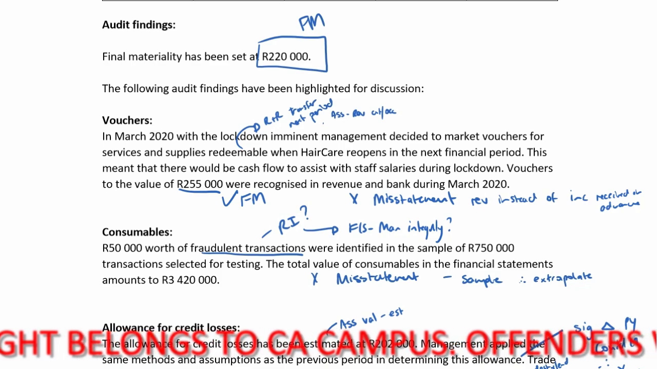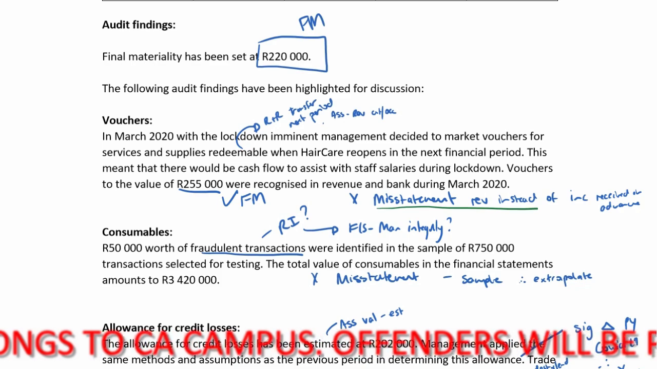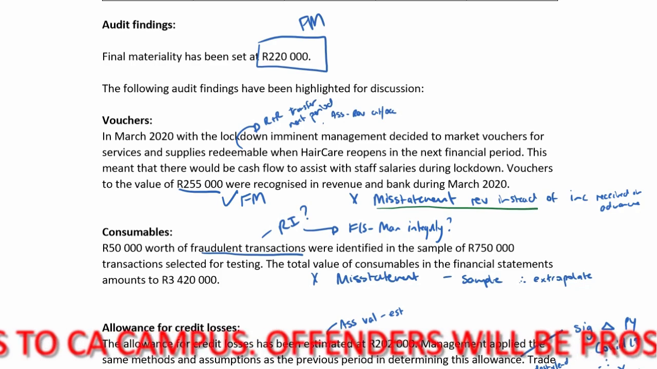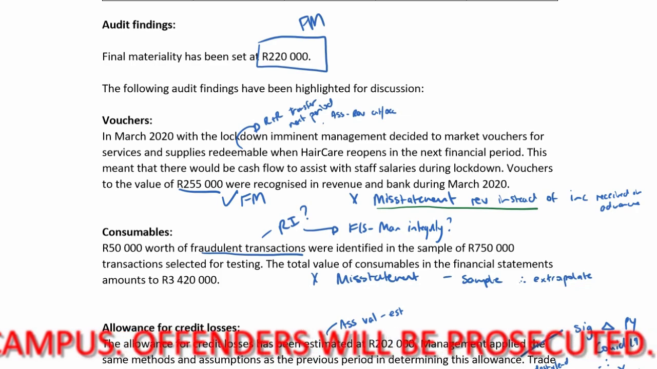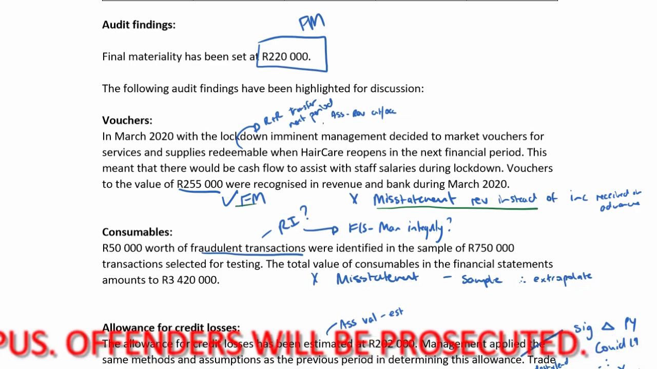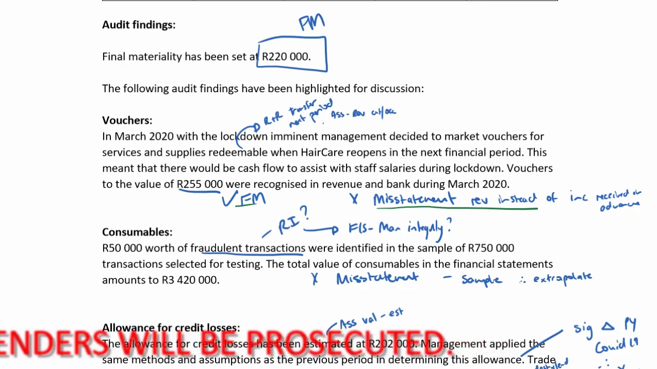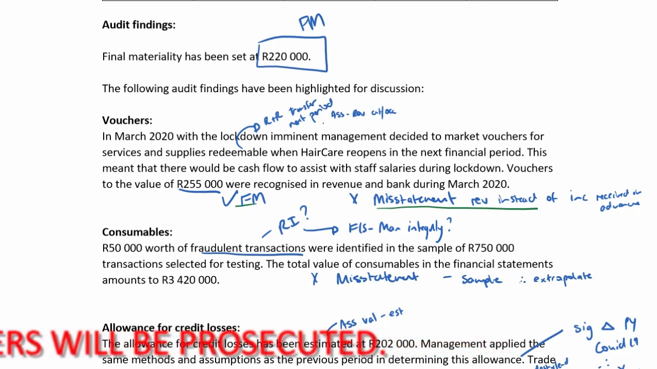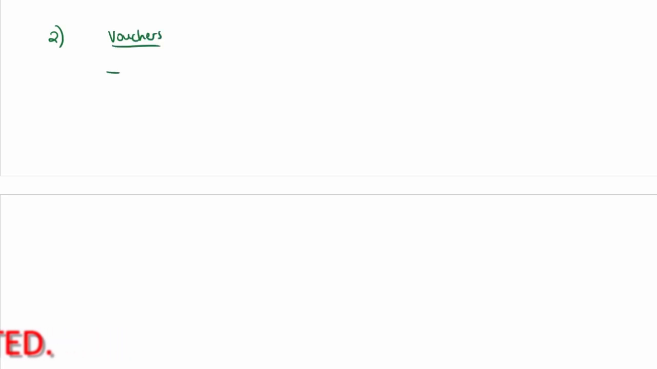Our first finding was the vouchers. I've already made a note here. There's a misstatement. Revenue recorded instead of income received in advance. I've already made a note here that it exceeds final materiality. So if I've analyzed sufficiently in my reading time, I don't even have to read through it again. I can go and start earning marks immediately. Question 2, and I'll start with the vouchers, and I'll say,